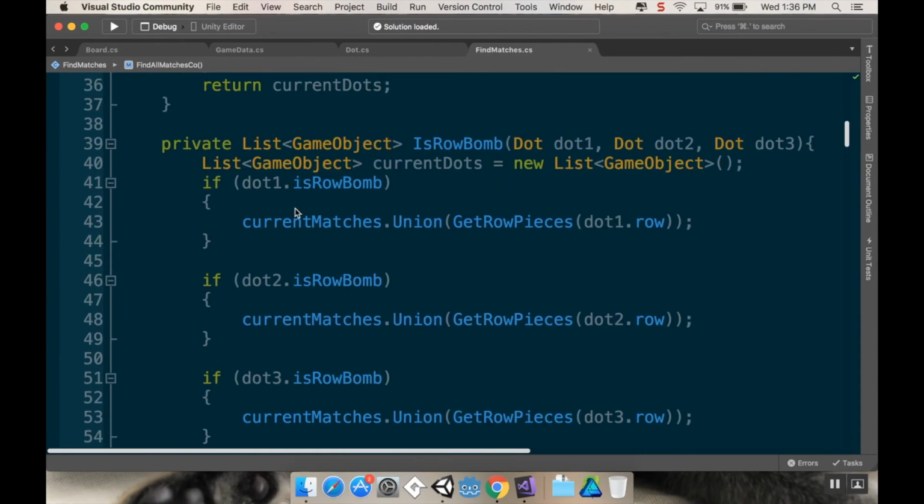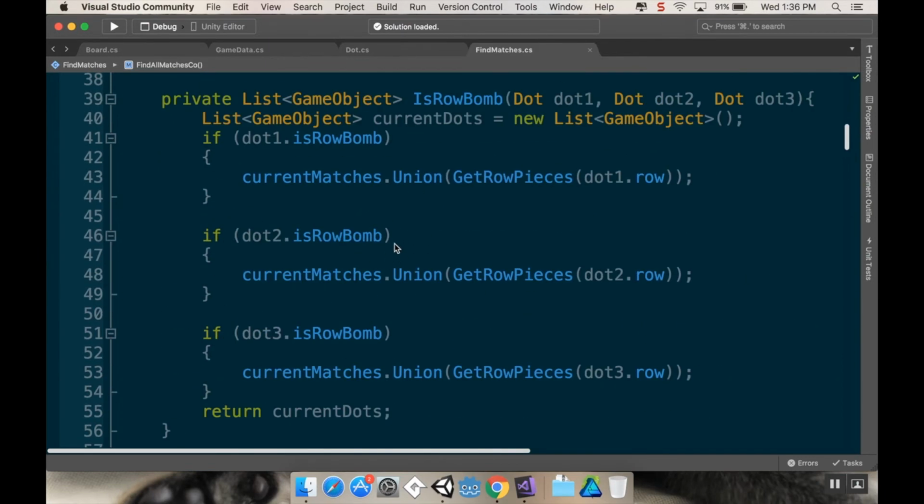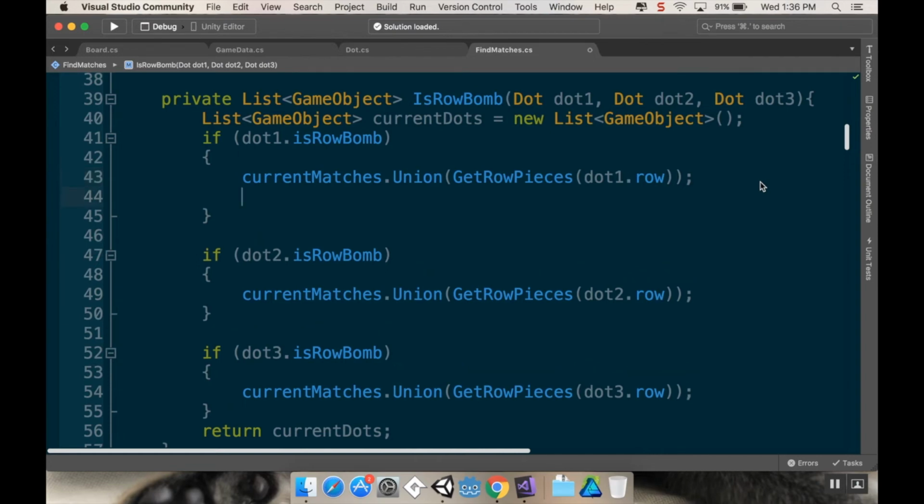Oh, actually, what I need to do is here in the is_row bomb and here in the is_column bomb, because this is where it's finding all of the pieces that are part of that row or that column. So all I have to do really is just add another really quick check here. My find matches script already has access to the board script, so I don't need to make a reference to that. Instead, all I have to do is say,